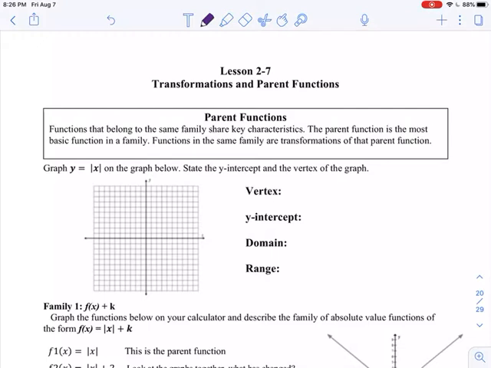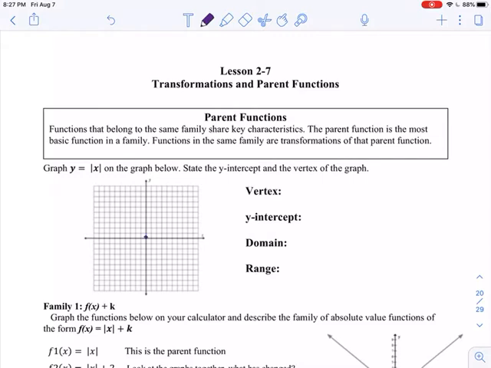We're going to look at the graph just because it's a nice easy one. Y equals the absolute value of x on the graph below. State the y-intercept and the vertex of the graph. So now we can do this in our graphing calculator, but remember, if y equals the absolute value of x,